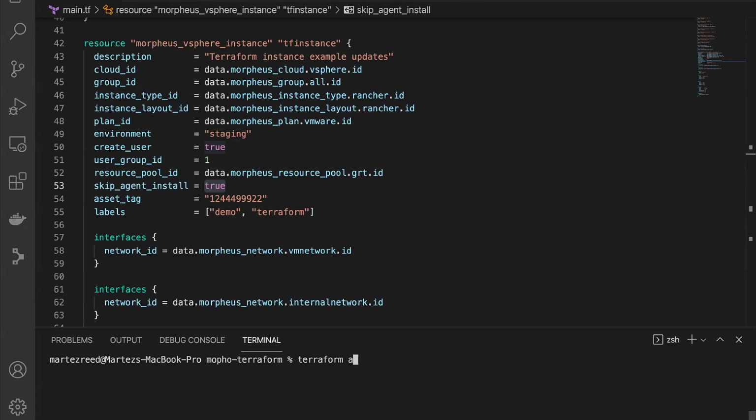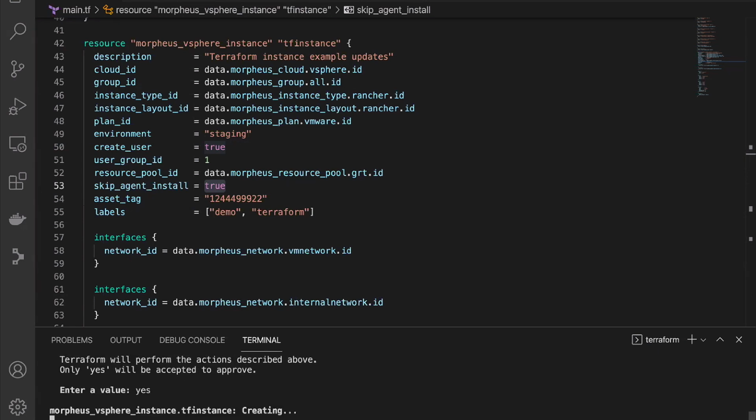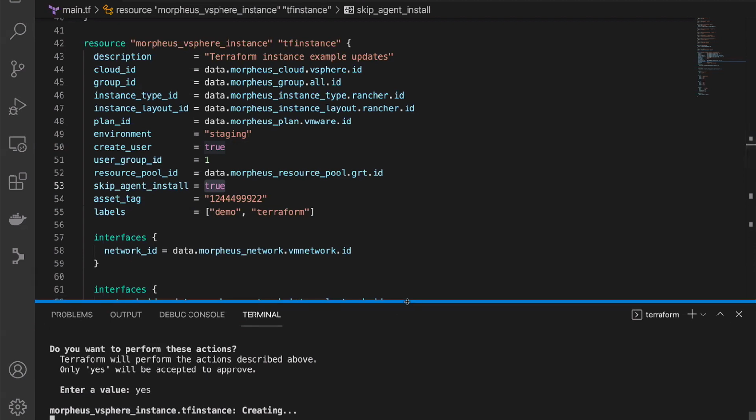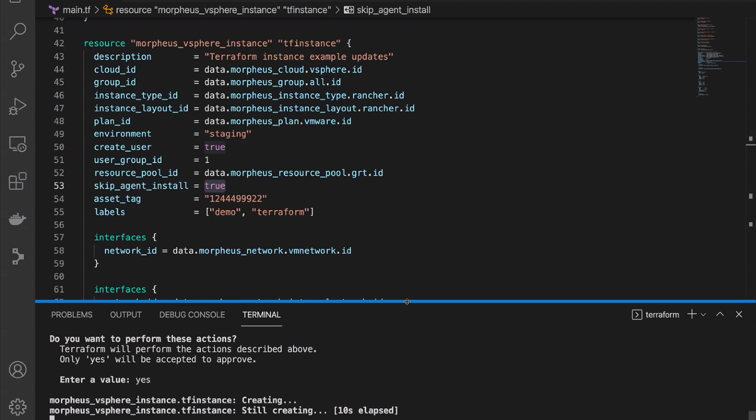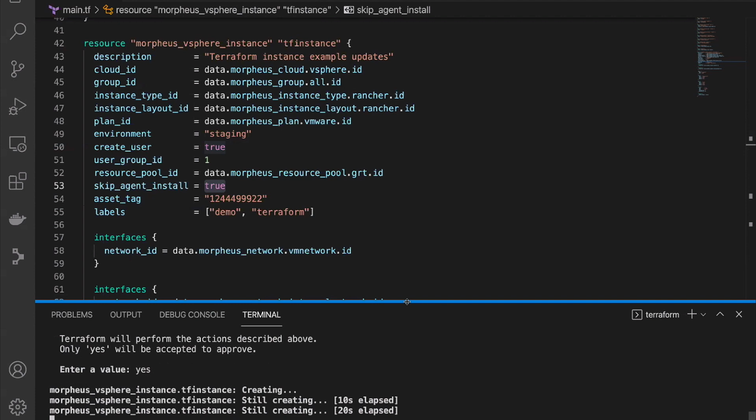So if I run a Terraform apply, we're not going to sit and watch this whole thing walk through, but what we're seeing is similar to what you would see as you stand up a public cloud resource or even a vSphere VM using Terraform. You're getting the process of it creating the actual resource. As I mentioned before, the benefit is all of the phase-based workflows that David mentioned, being able to tie those in to automatically be performed